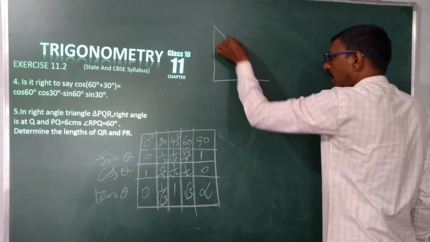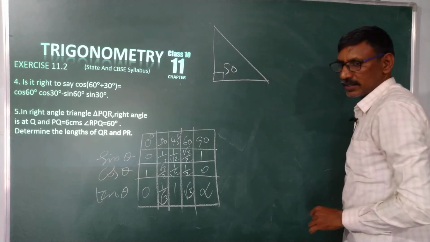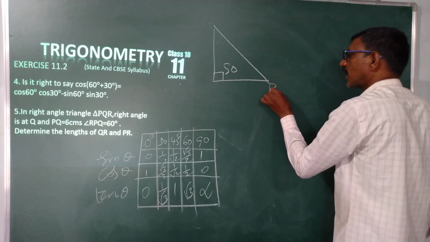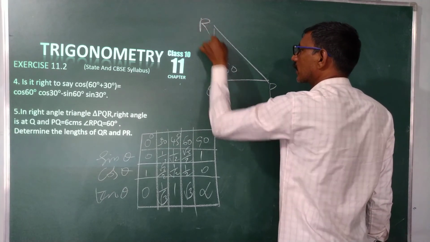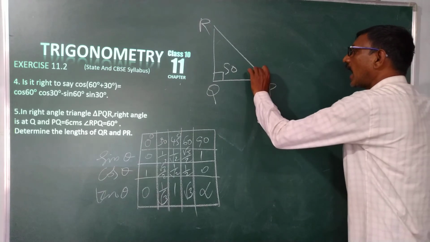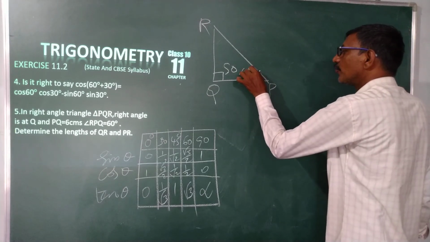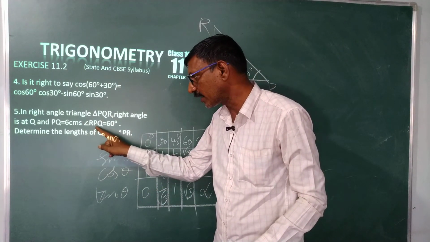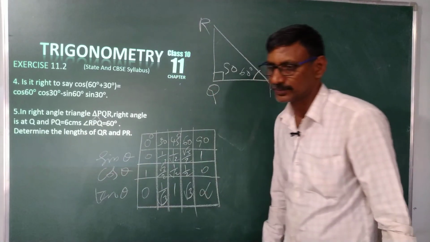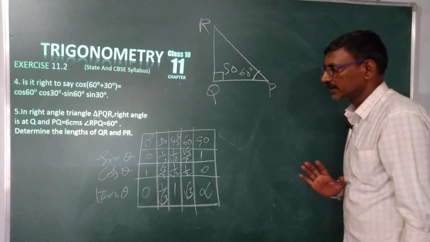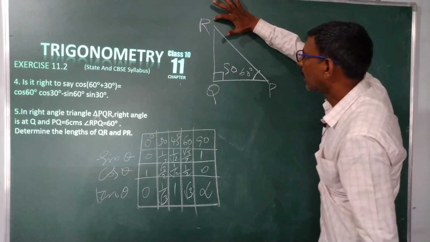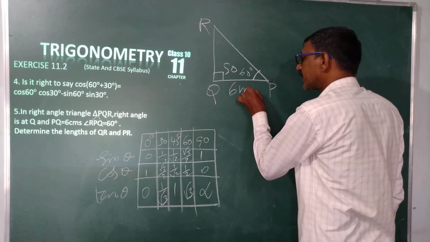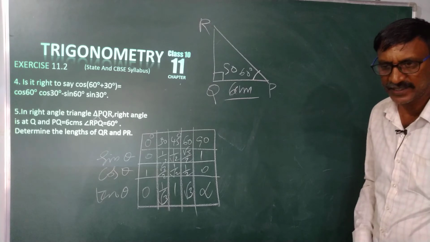That means a rough sketch helps to determine QR and PR. This is my right angle triangle. Here 90 degrees. My triangle PQR starts with P and Q and R. Q is exactly 90 degrees. And this angle is given as 60 degrees. We recognize it by the help of the middle letter. My middle letter is P. Here we have an angle. See here, RPQ is 60 degrees. And PQ is equal to 6 centimeters, that is given.